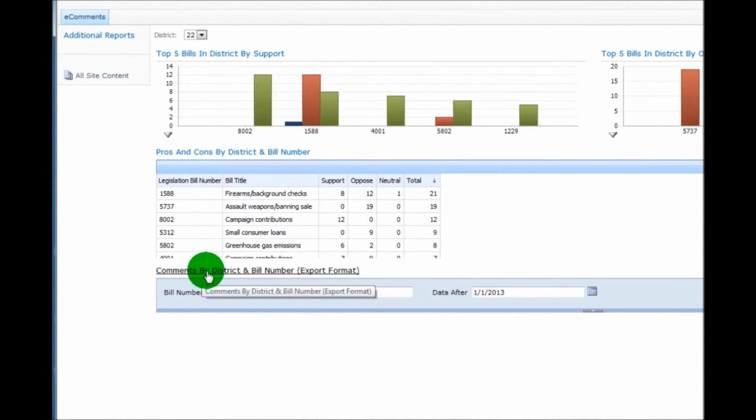For the last report on this page, and for the 3 reports on page 2, you will have a few more options. Looking at the comments by district and bill number, you'll see that you can limit this to a single bill, or get all bills by leaving the box blank. We'll put in 1588 as an example. And we can also limit the data to just comments received after a certain date. So we can type that number or a date in here,